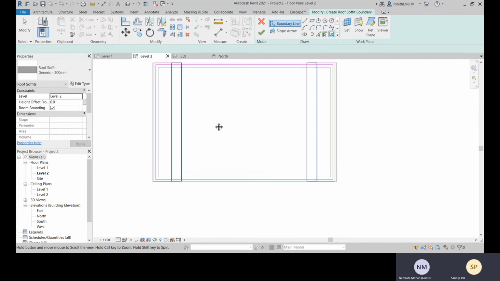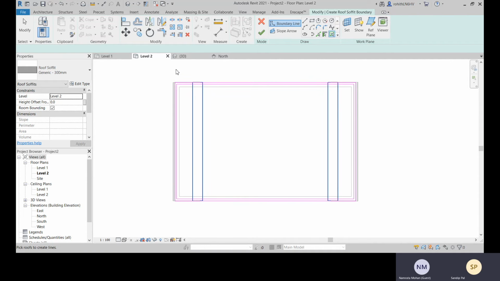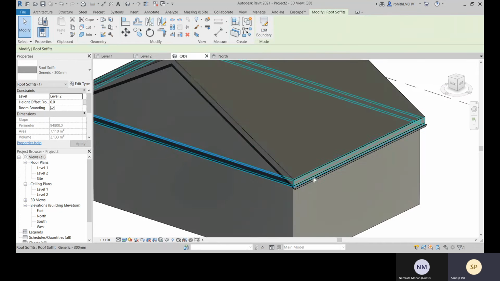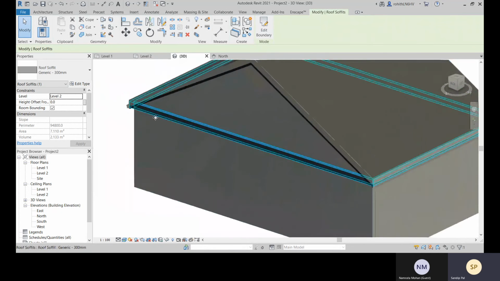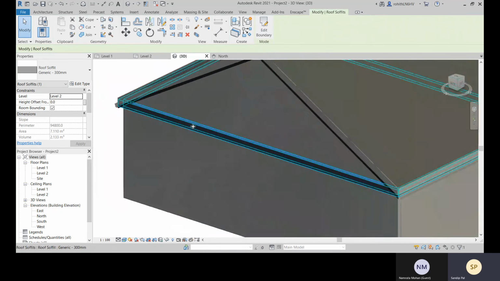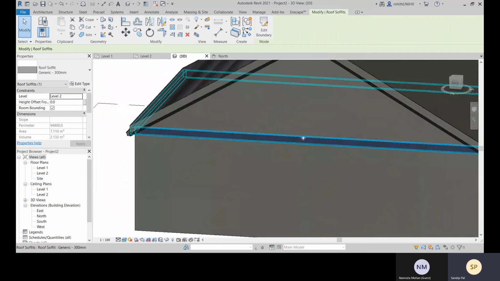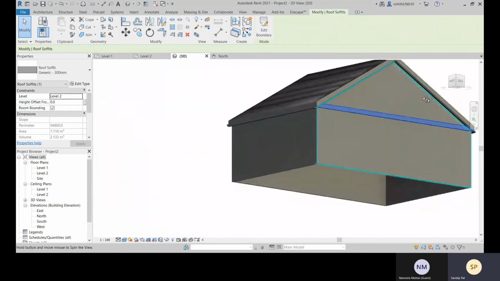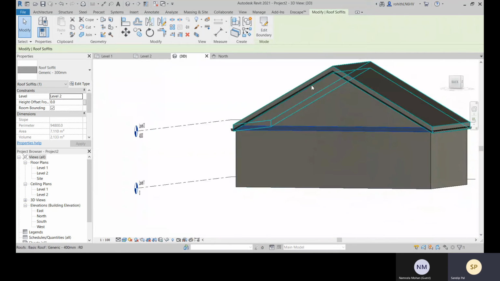Now we will see that it will not function according to our roof. Our requirement is different, so we can edit it after that. So we'll look into that. Here you can see this is the thing. We don't need this section, we have to make it according to this